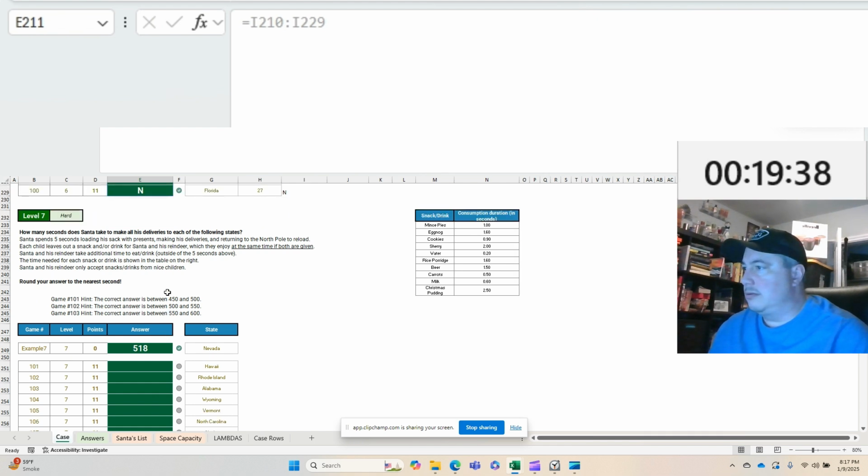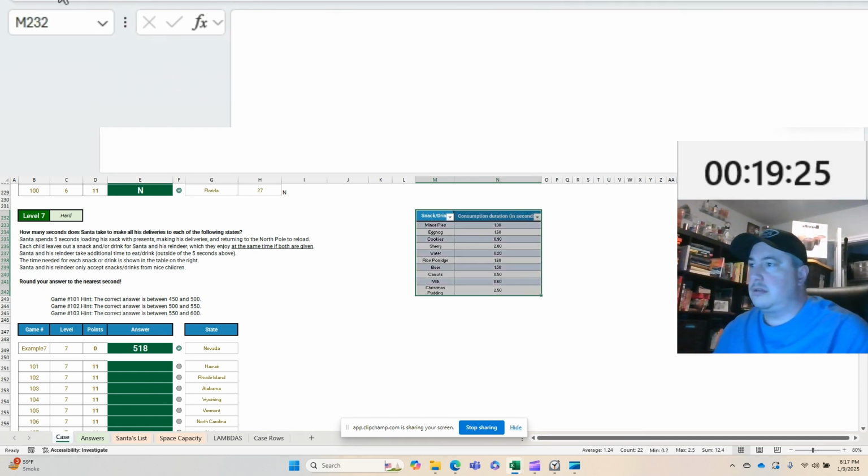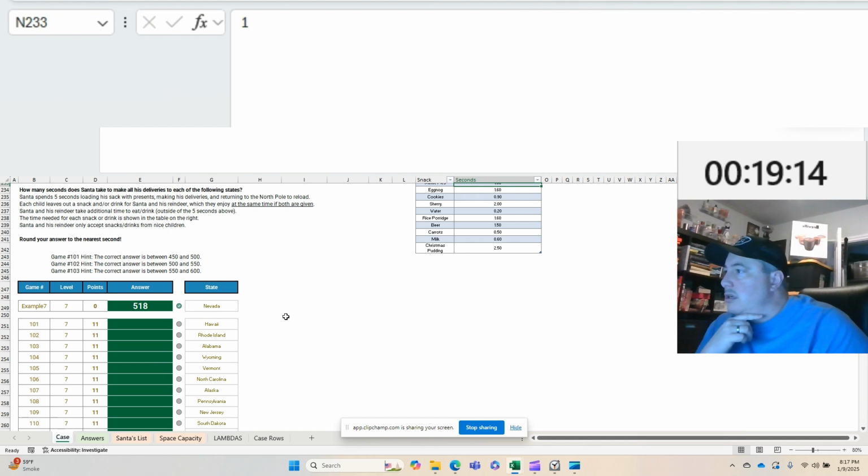Here we have a new table. Times snacks. Oh, you know what? I want this to be an actual table. Snacks. Snack seconds. Okay. How many seconds does Santa take to make all of his deliveries? So he goes 5 seconds for every trip. And then for each person, if they're